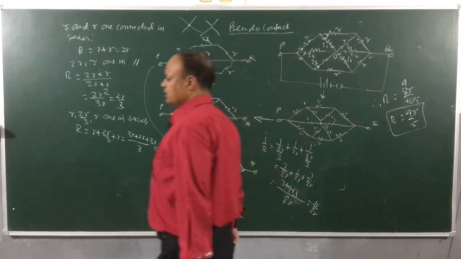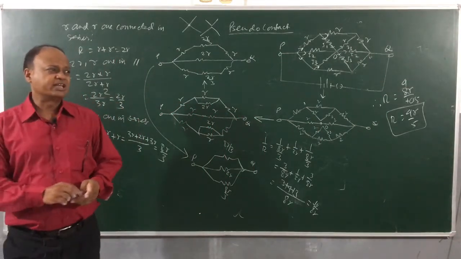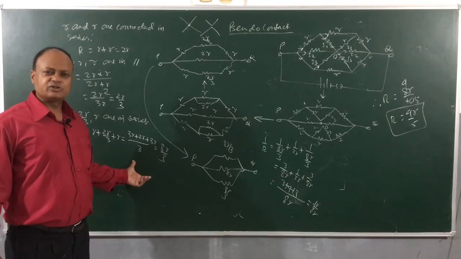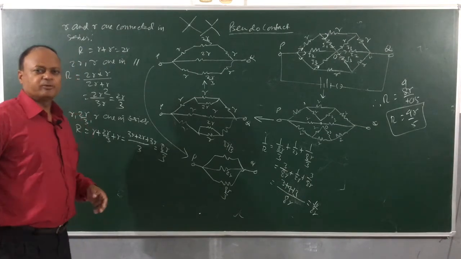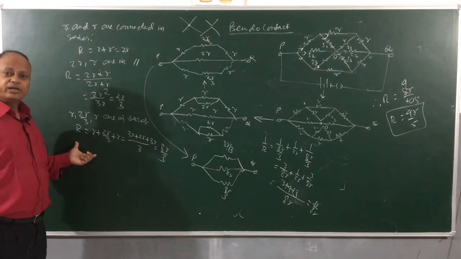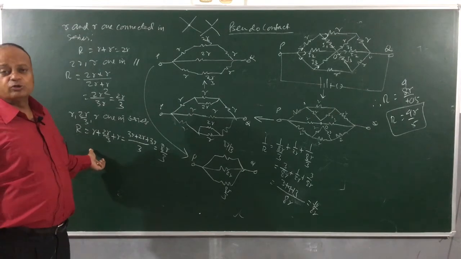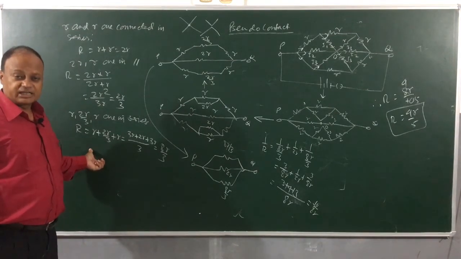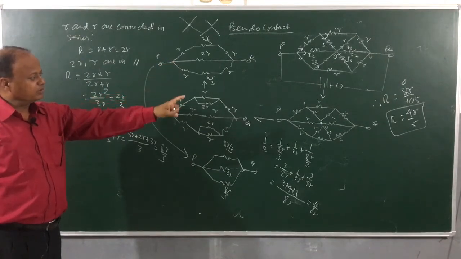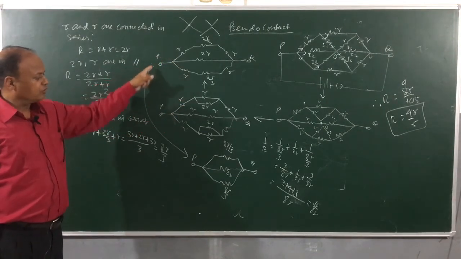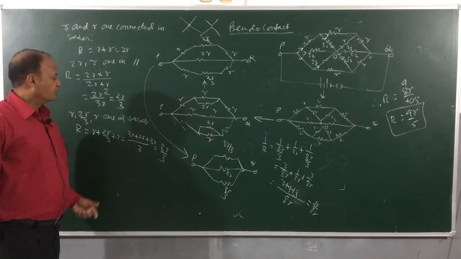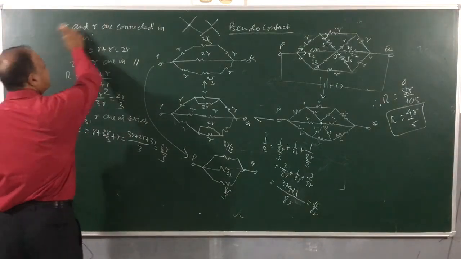So children, we discussed a few selective problems on combination of resistances. This was a good problem of practice using pseudo contact. Now, let us see one more problem on this. Make sure that every time you are able to draw the simplified equivalent circuit. As you can see, you are following from diagram 1 to diagram 2, 2 to 3, 3 to 4, 4 to 5 and the fifth diagram was the most simplified one, it gave us the answer. Okay. So let us see one more problem.